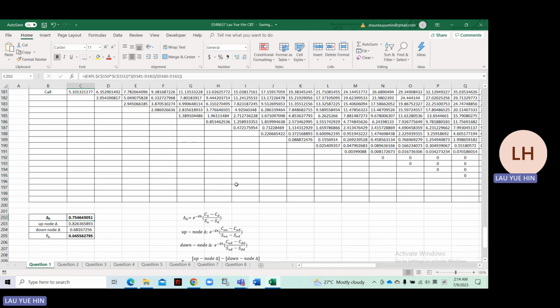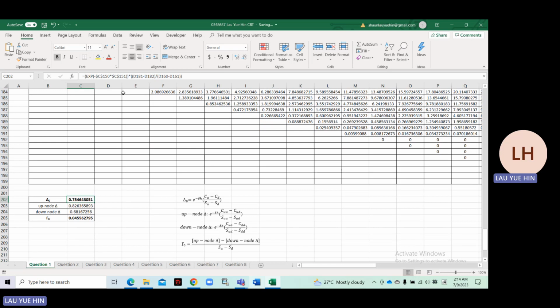the delta, which is exponential power minus delta times H, times Cu minus Cd divided by Su minus Sd. And then delta I will get 0.754643051. And to find gamma, firstly I have to find the up node delta and down node delta, which is